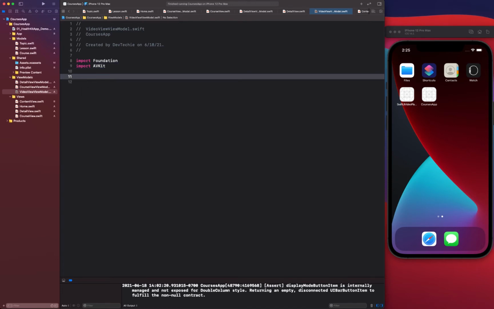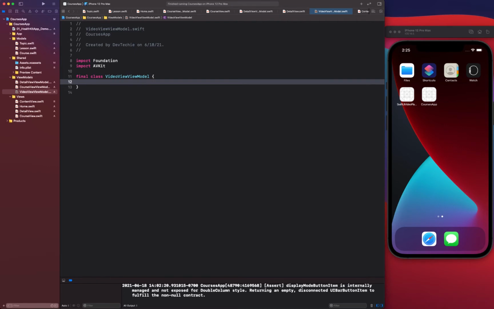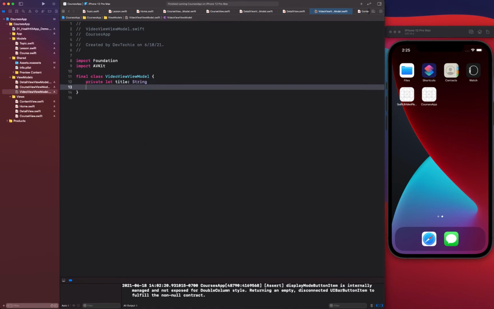get access to AVPlayer, which is defined under AVKit. We're going to create a final class, and this class is going to be called video view model. Okay, and we're going to have a private variable for title, a private property. We're going to have a player, AVPlayer,